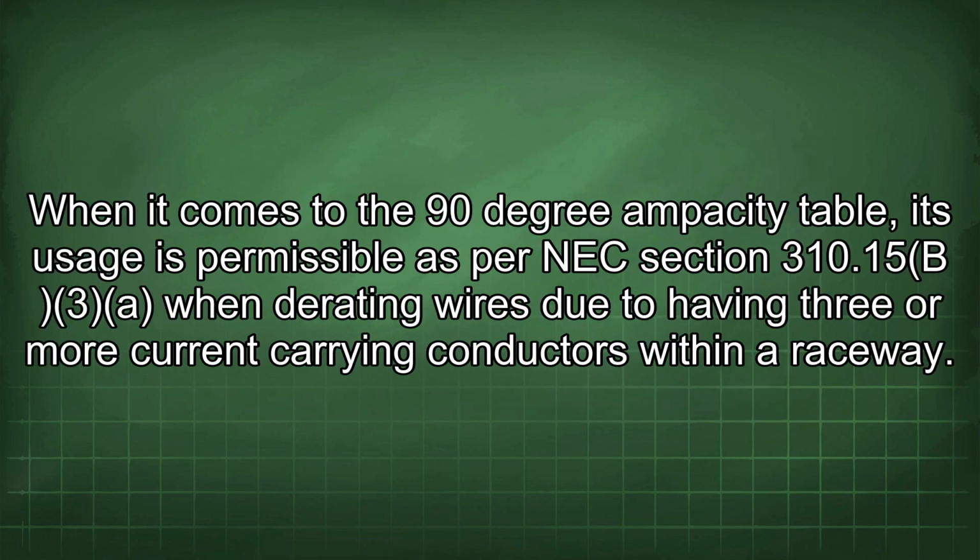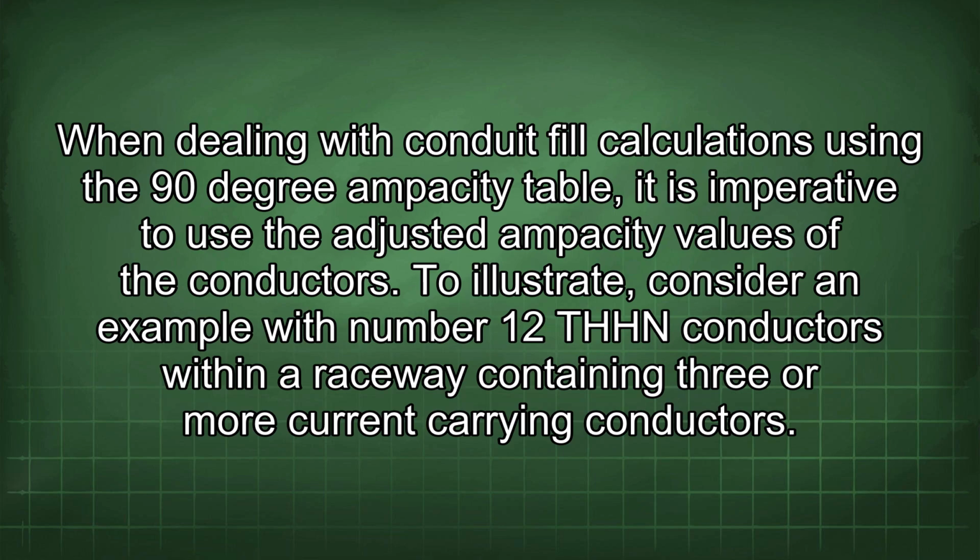When it comes to the 90-degree ampacity table, its usage is permissible as per NEC section 310.15b3 when derating wires due to having 3 or more current-carrying conductors within a raceway. When dealing with conduit fill calculations using the 90-degree ampacity table, it is imperative to use the adjusted ampacity values of the conductors. To illustrate, consider an example with number 12 THHN conductors within a raceway containing 3 or more